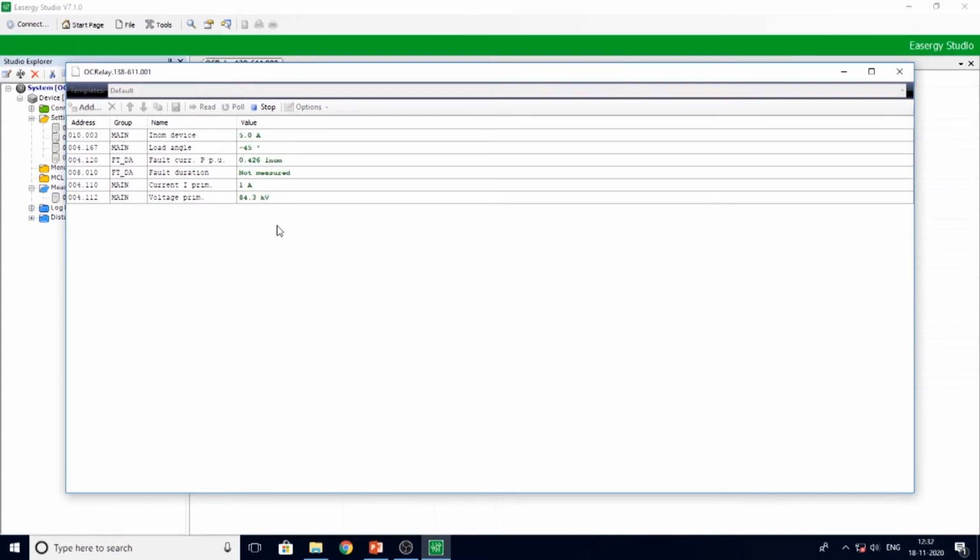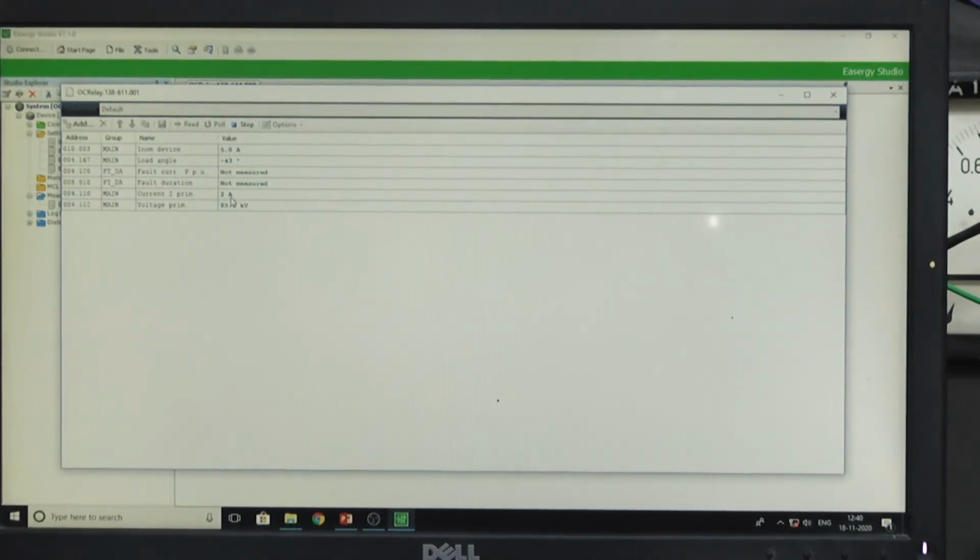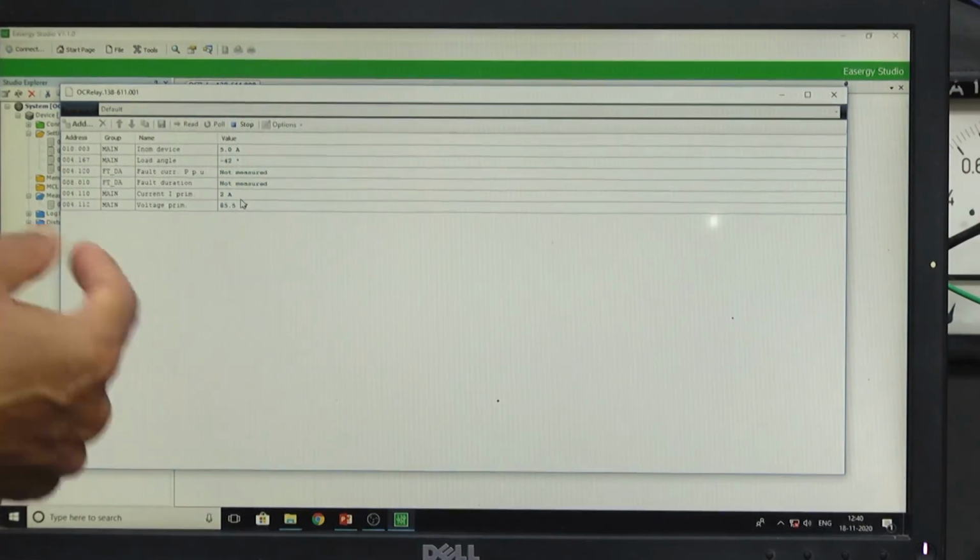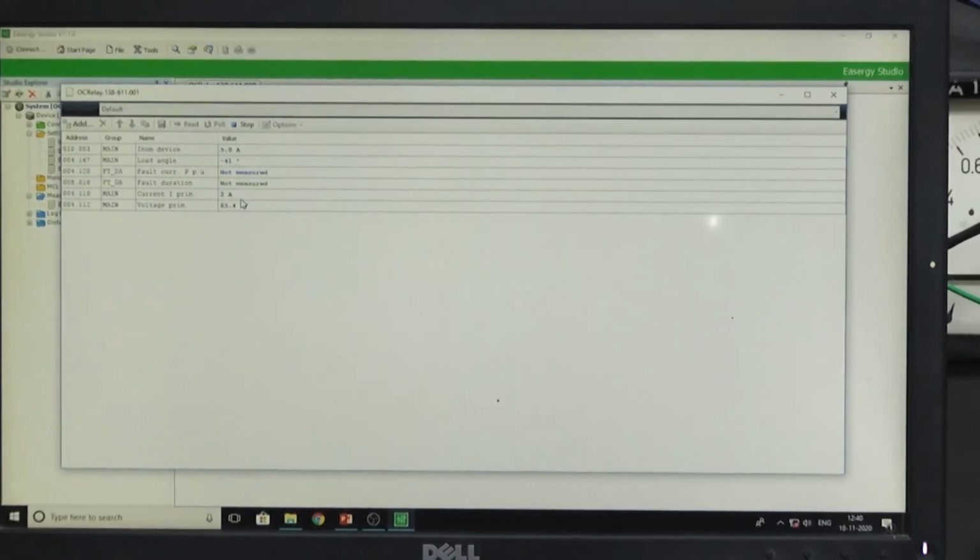Yes. Now this is minus 45 degree, and you see the corresponding values here. The current is 2 ampere, exceeding the limit, and the angle has already reached minus 43 degree. So both the directional and the overcurrent relay satisfy the condition, and the relay is expected to trip. The decision time of the relay depends upon the IDMT characteristics, and the relay is expected to trip for this particular case.